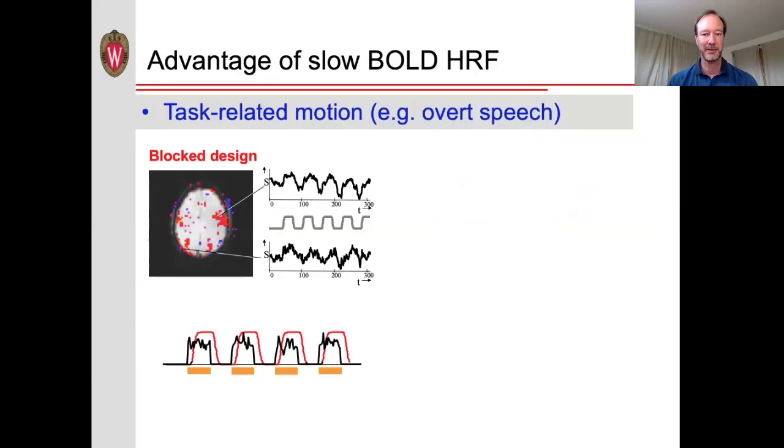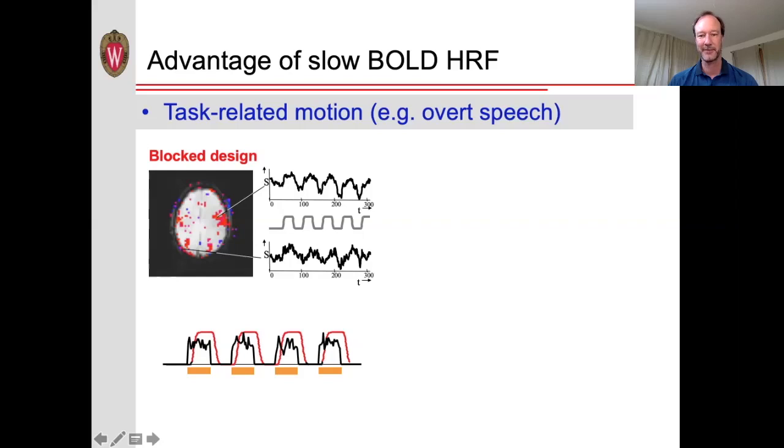So this is an example here. We see some motor cortex activation during these periods of speech. But you also see a lot of signal changes at the edges of the brain, indicating some motion artifact. However, if instead of speaking for, say, 20 or 30 seconds at a time, alternated with resting periods, as in this block design,